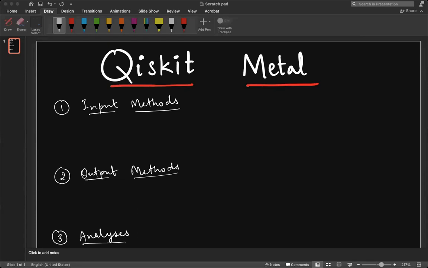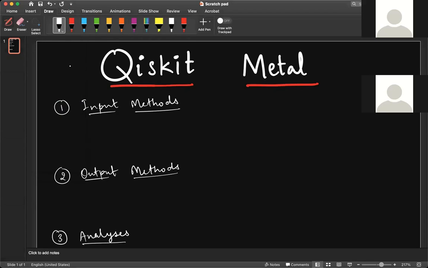Yes. Okay, great. So Qiskit Metal is a software by IBM, which you might know about, that we can use to design quantum hardware and quantum chips, specifically based on the superconducting transmon architecture, right?